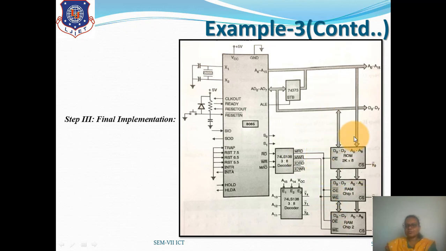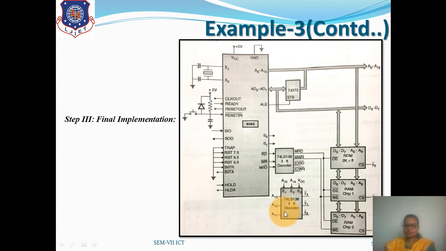Clear? Now in this what we have done is we have taken a common address bus for all. So from A0 to A15, A0 to A9 will be passed through all three memory chips, and the data bus will also pass through all the memory chips. Now as we have seen in the memory map, ROM will be selected at Y0, RAM 1 will be selected at Y1 and RAM 2 will be selected at Y4. So the rest of the address lines apart from A0 to A9 will be used for the decoding, right?